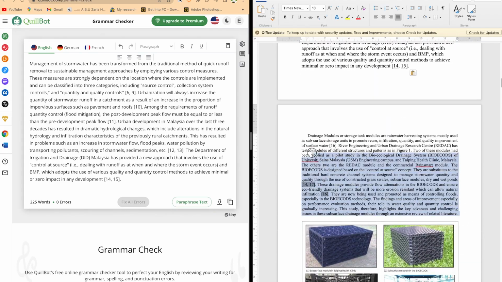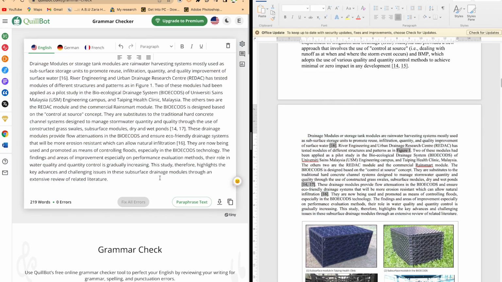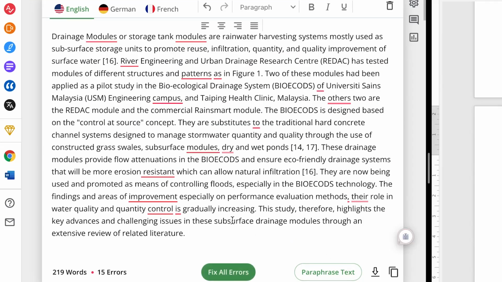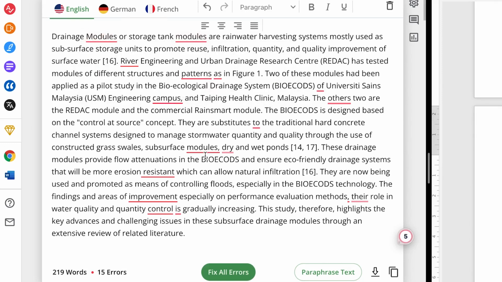So you can just go ahead and do all of that, and it's going to ensure that the proofreading, all the errors that have to do with grammar, spelling, punctuation, and all that is going to be taken care of. So your English will now be corrected. You don't have to outsource it to some experts.